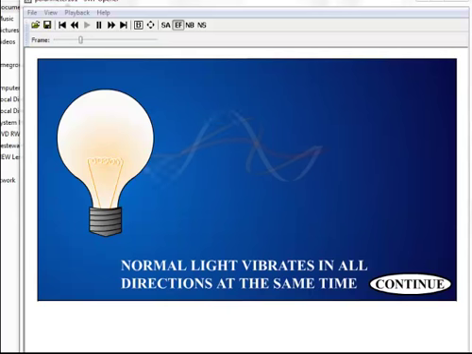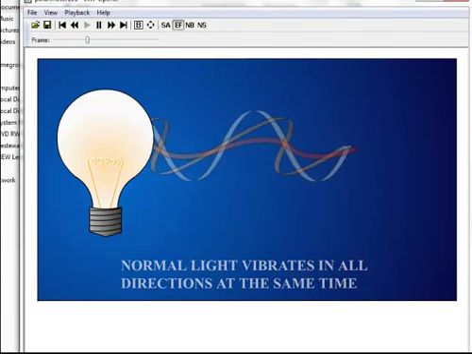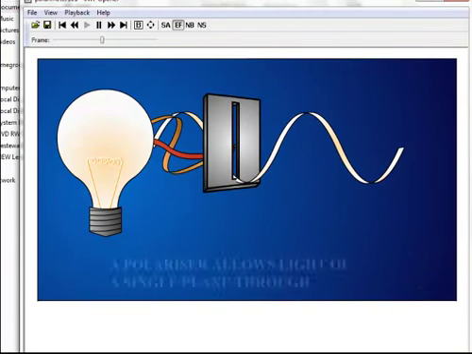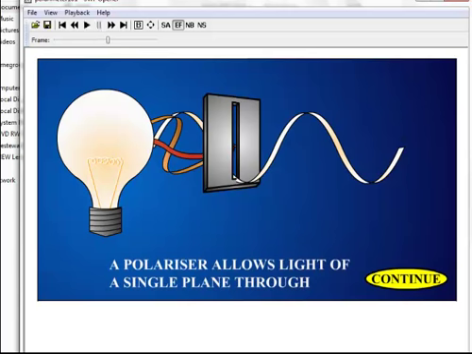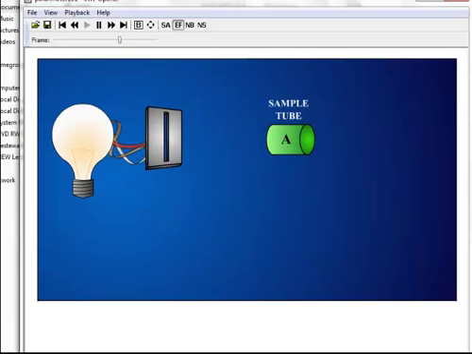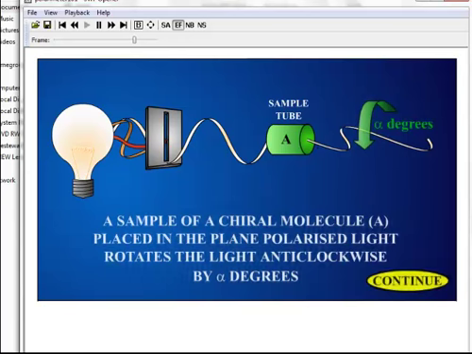Now, we can apply a filter to this, and what that makes it is that the light is polarized so that it only travels in a single plane. And we then place it so that it passes through a sample. Now, as it moves through this sample, the light may be rotated as it passed through, and it's rotated a certain number of degrees. It may be anti-clockwise or clockwise or left or right. There's often different ways of